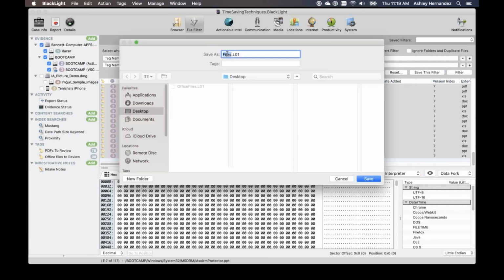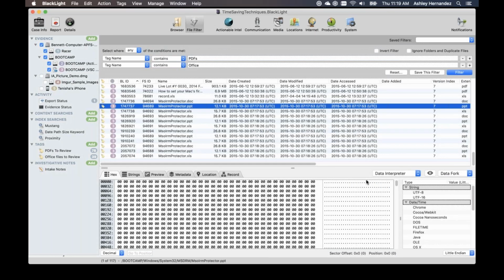So when we choose to export selected files, we've made it really simple in that we're just going to have documents for review. We're just going to ask you to go ahead and export it, and we're going to take the files that are in here and export them into a logical evidence file, preserving their folder path.